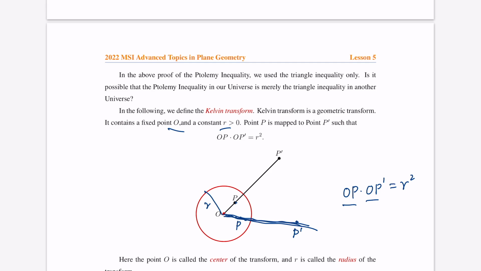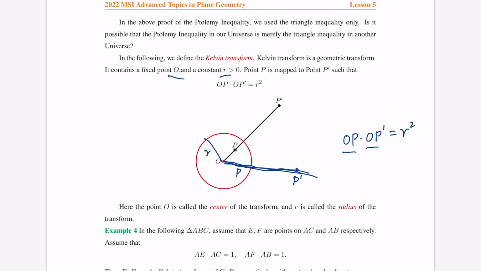And in particular, when P is equal to O, there's no Kelvin transformation. But you can also think that the transformation of P is to infinity. Okay, so this is the first observation. The second observation is, of course, if P is outside the circle, and the further the P goes away, then its Kelvin transform goes back to the interior of the disk of radius r. Okay, so for any P on the Euclidean plane, there's a corresponding P prime on the Euclidean plane,